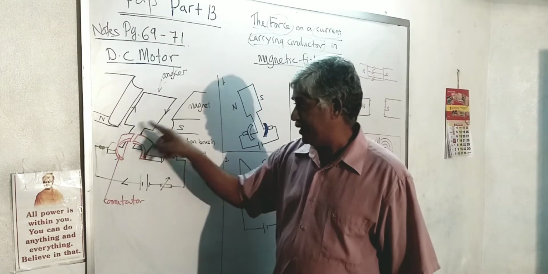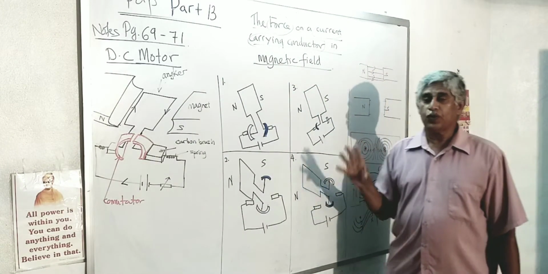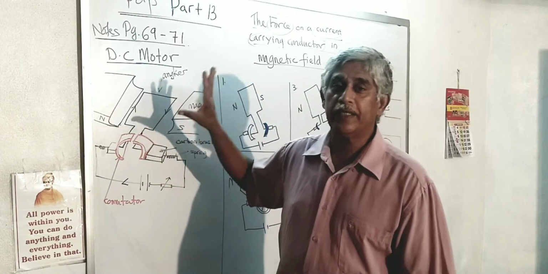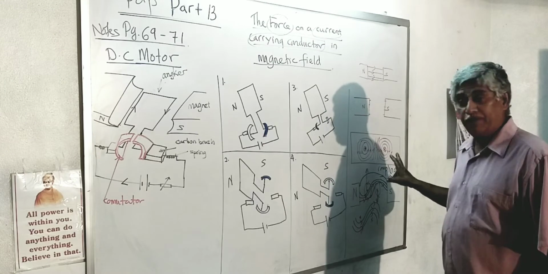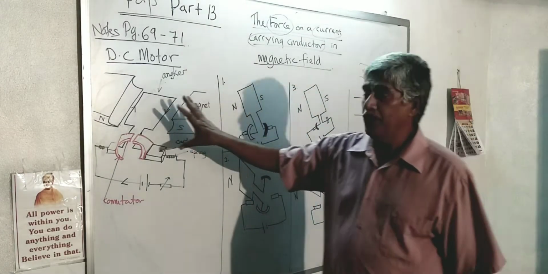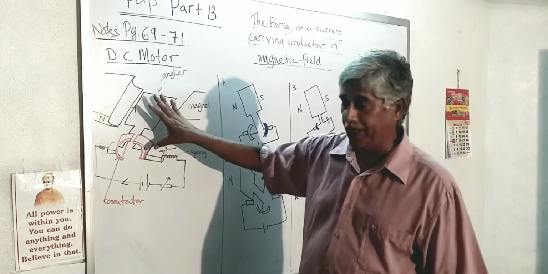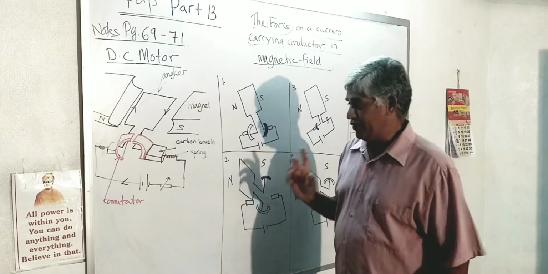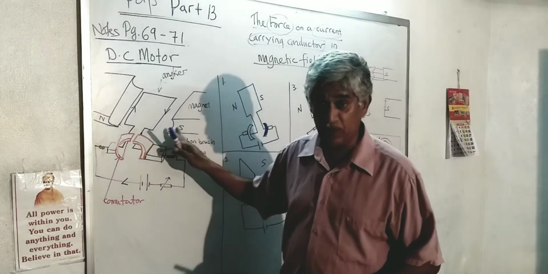So this thing rotates. You can see in the four diagrams here it is already shown. So what you have to know in your SPM is to explain how this catapult force, the coupling force, takes place over here in order to give you a rotation effect. So you can see it as just this condition.